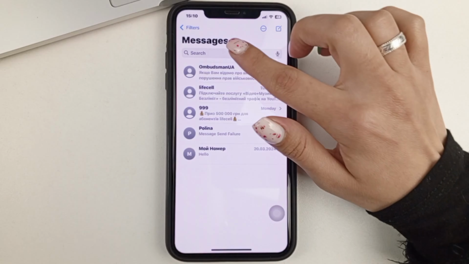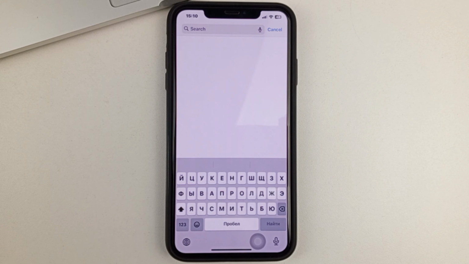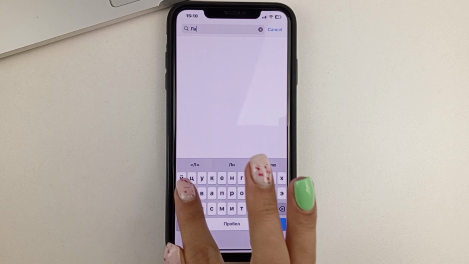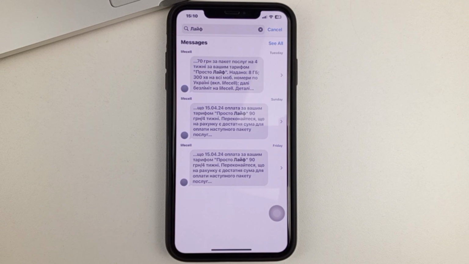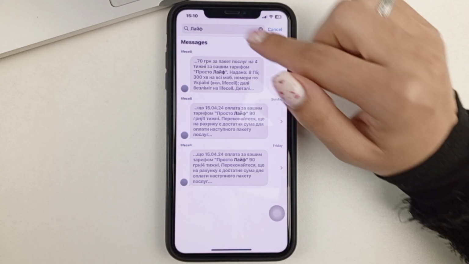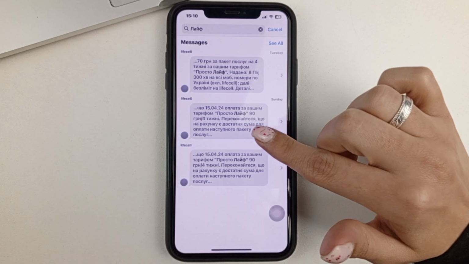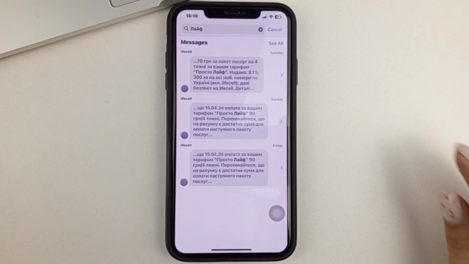So in this search box, we click. And here we need to type in the word that we want to be found. The word that was, for example, in the post that we're looking for. And so I wrote the word, and now you can see that there are posts that have that word highlighted in black text.